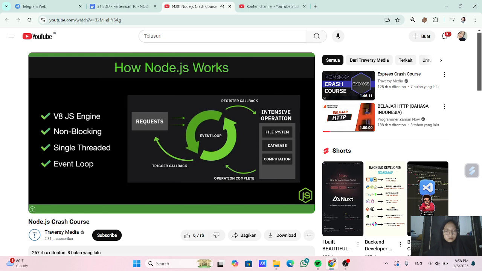And when that request does complete, it triggers a callback, which is then added to the event queue. And the event loop picks up the callback and then executes it. So I know this is a little tough to understand. So the analogy that I like to describe, and what helped me, is to imagine the event loop